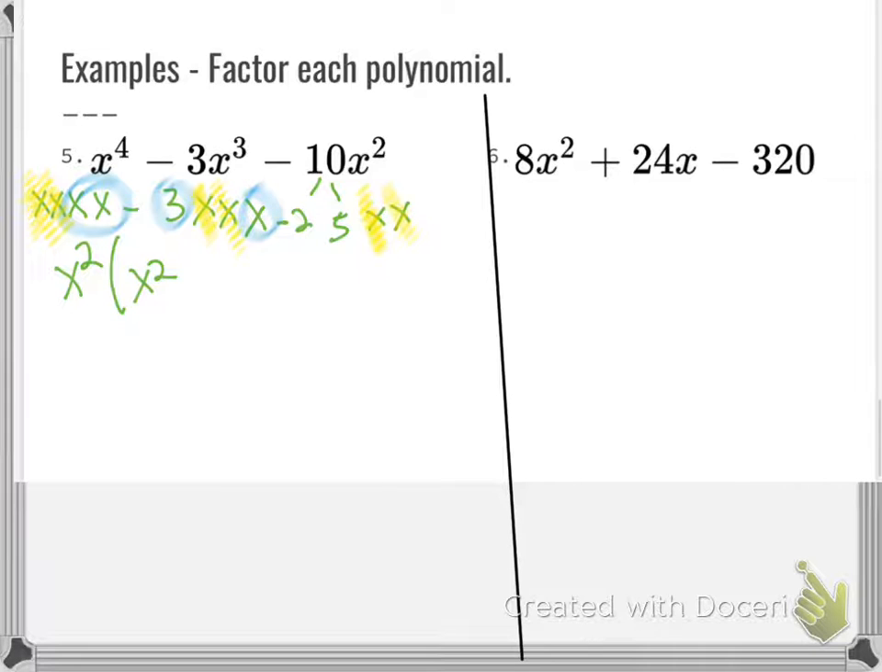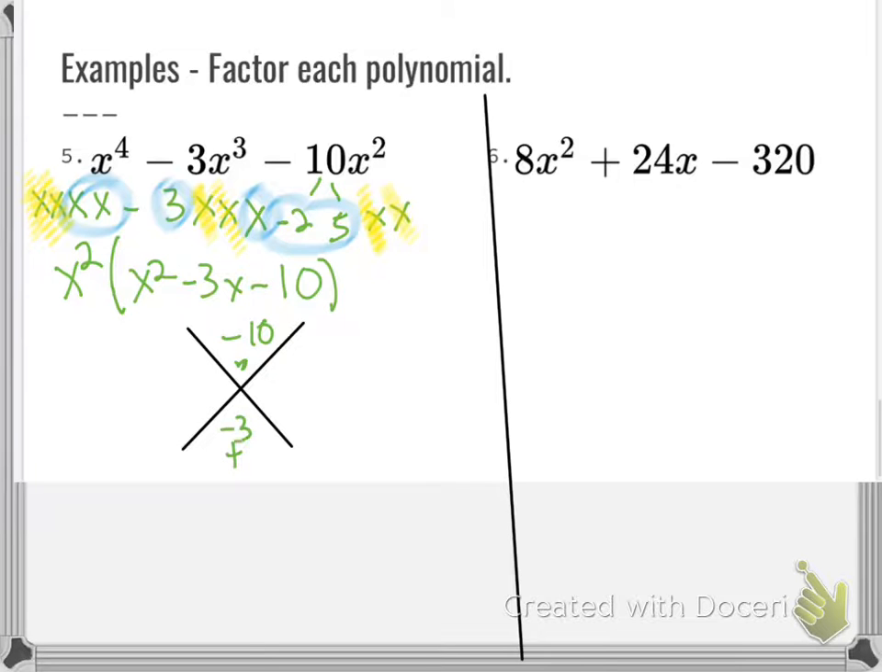3x. Negative 2 times 5, negative 10. Okay, we're going to magic x this. So it multiplies to give me negative 10, adds to give me negative 3. Okay, this tells me different signs. This tells me the bigger